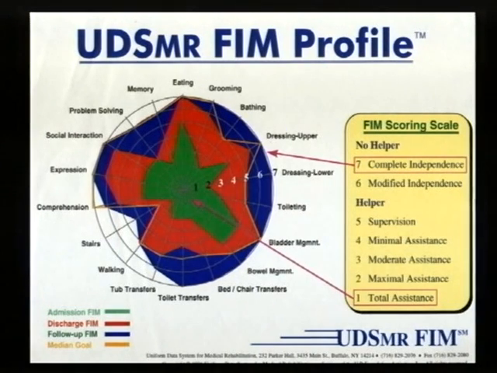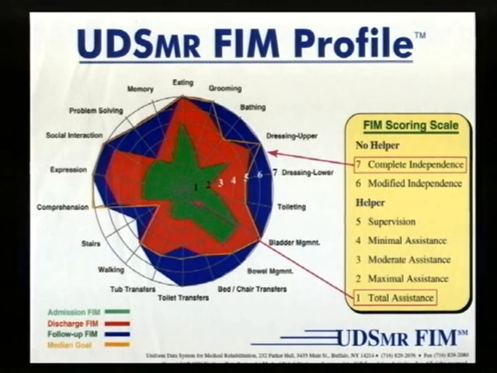And this is what the typical WeeFIM performance profile might look like. It's not as complicated as it first looks, but it's an interesting way to show information. It's based on the 7-point scale, going from the center of the circle being total assistance to the circumference of the circle, which would be complete independence. Then around the circumference are the 18 items that are